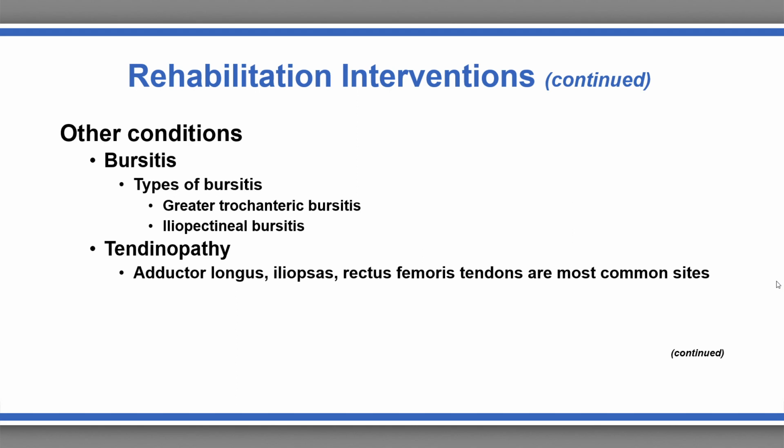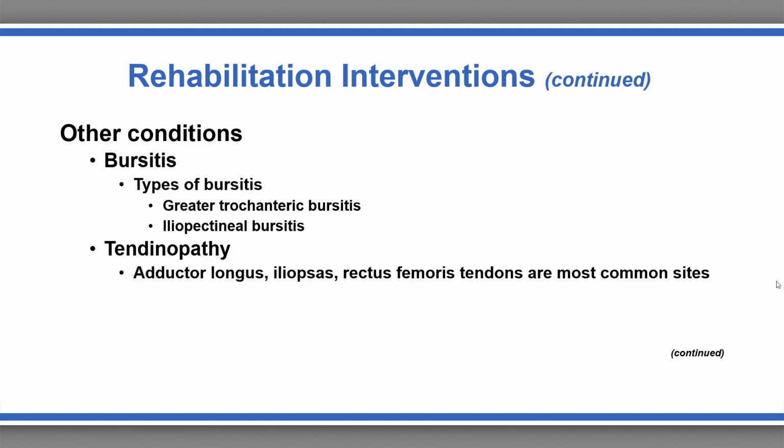Differential diagnosis should be considered as there are a number of other syndromes or conditions that may cause pain or inflammation in this area. For example, one must rule out lumbar disc injury, fractures, nerve entrapments, inguinal hernias, other hip joint type diseases, and bone tumors. I'm going to describe once again two examples of bursitis in the hip region. So the first one being the most common, greater trochanteric bursitis, and then the second one,